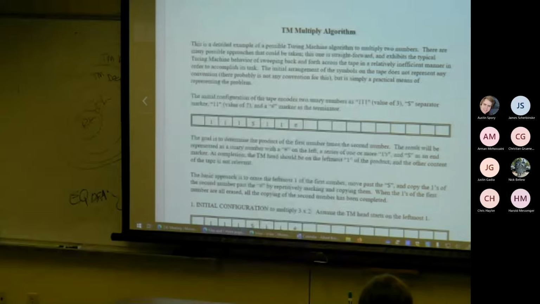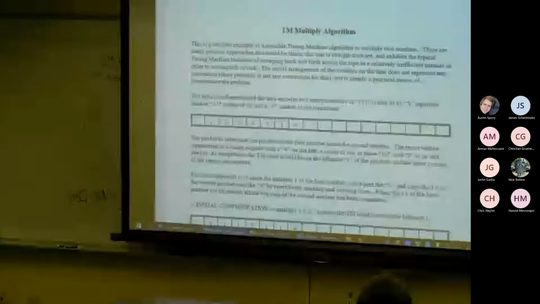Is it a very convenient way? Not so much. Is it a very compact way? Definitely not, right? But does it represent the number? And so we're kind of getting into that whole question of,